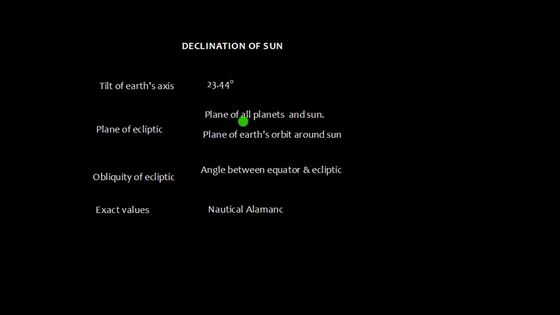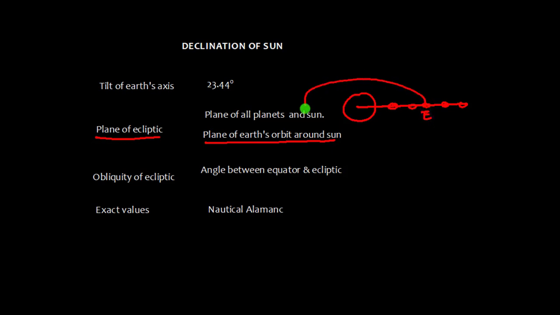Well, all the planets and the sun, suppose this is the sun and these are the other planets, Mercury, Venus, Earth, Mars, asteroid belt, Jupiter, Saturn, Neptune, they all lie in the same plane, and that plane is called the plane of ecliptic. Or you can also say this is the plane of Earth's orbit around the sun. So this is the sun and this is Earth. This is also the plane of Earth's orbit around the sun, and this is also the plane of all other planets